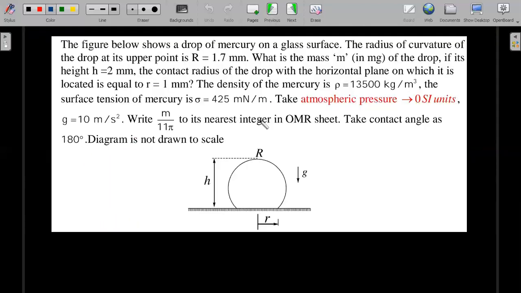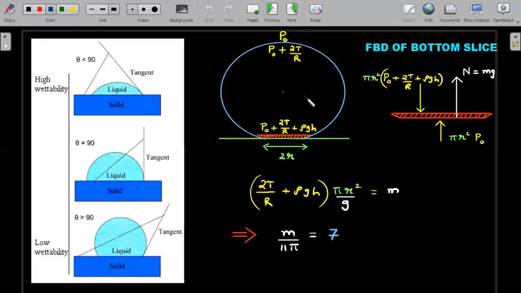And in the question you could clearly see that he's talking about the nearest integer or approximate value. Okay, so that's the reason why we are able to take the radius of curvature at the topmost point in both the directions. There will be 2 directions of radius of curvature. We are assuming it to be almost the same if nothing else is mentioned. Okay, right? So we're going back and we got the pressure at the bottom.